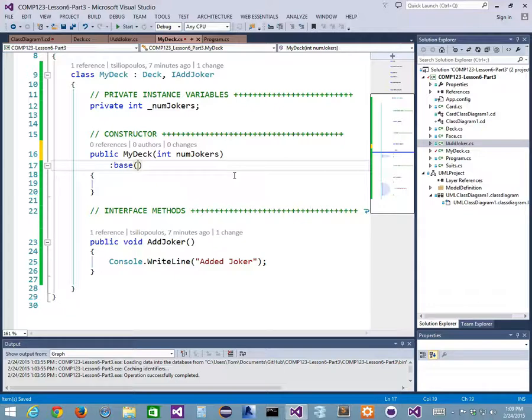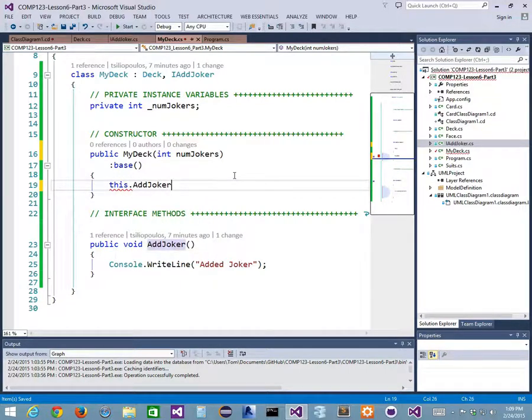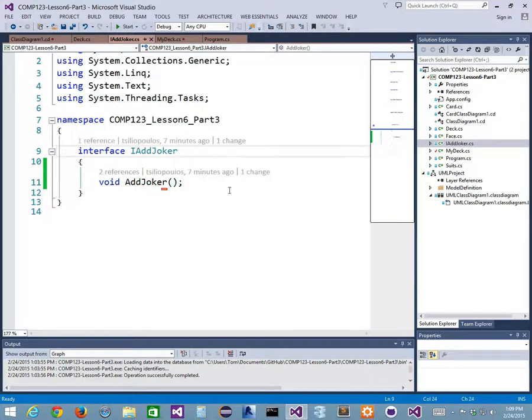to add how many jokers I'm going to add. And in my base class, I'm not changing anything, but I'm going to launch this method called the add joker method here, right? When it does something, it's going to return void. But this add joker method, I want it to take num jokers, right? Well, I can't change it here because I'm implementing the interface, and my interface's method signature doesn't include any kind of parameter. That means I've got to go back to the add joker interface right here, and add in a parameter, so int, and I'm going to take in num joker,